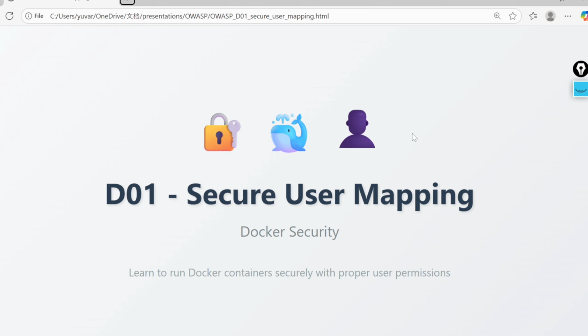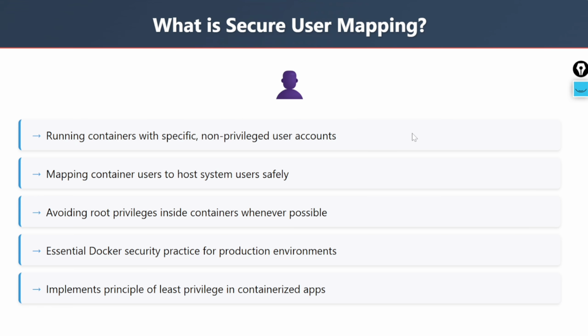In this video, we are going to discuss OWASP Docker Top 10 D01, which is Secure User Mapping. As we discussed in the last video, we are starting a series regarding OWASP Docker Top 10. As part of that, I will cover what exactly secure user mapping means